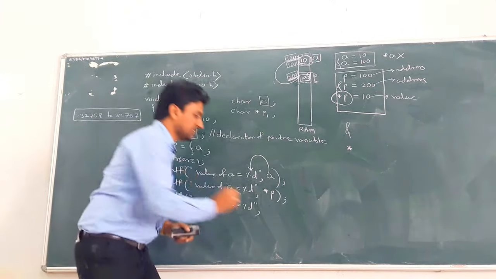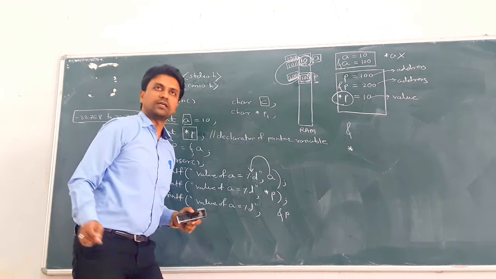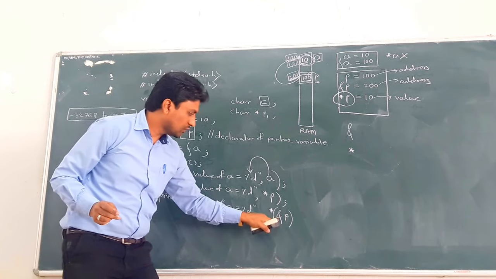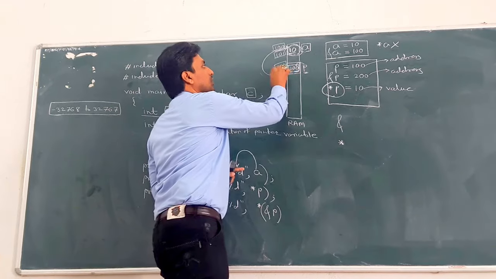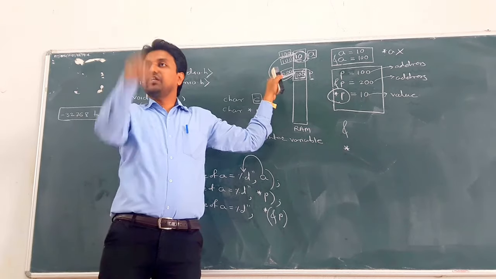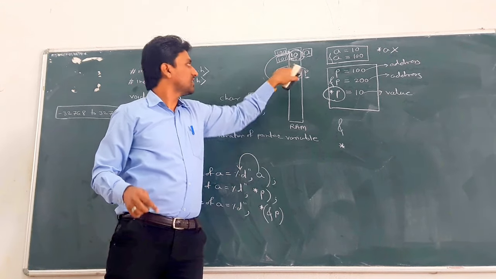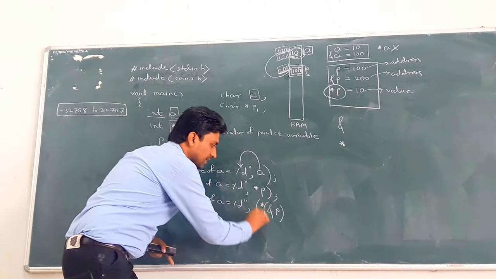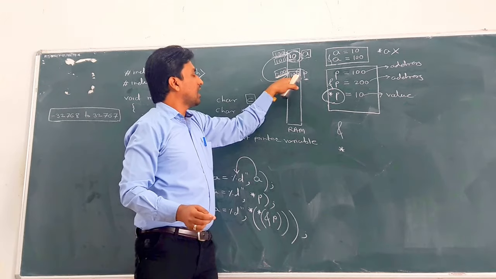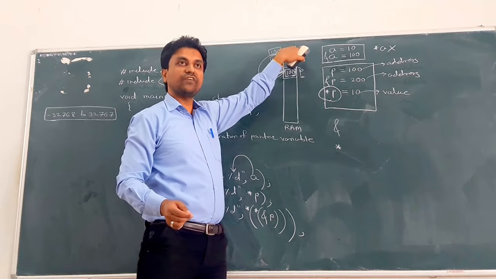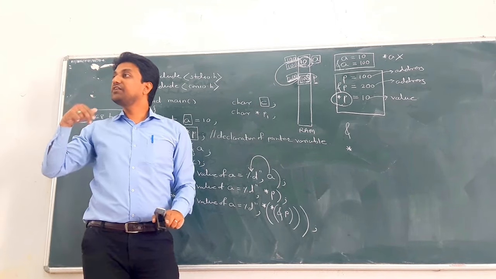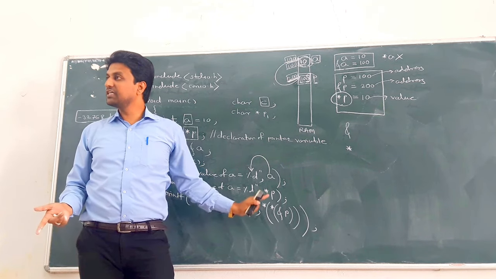There is another way: the address of P, with a pointer. Now what does it give you? The address of P. What is the address of P? 200. Pointer means what? The value at 200. What does address 200 contain? 100. Okay, again give pointer. Again means the value at address 100. What is that? 10. So we can access the value of a variable in different ways using pointers.